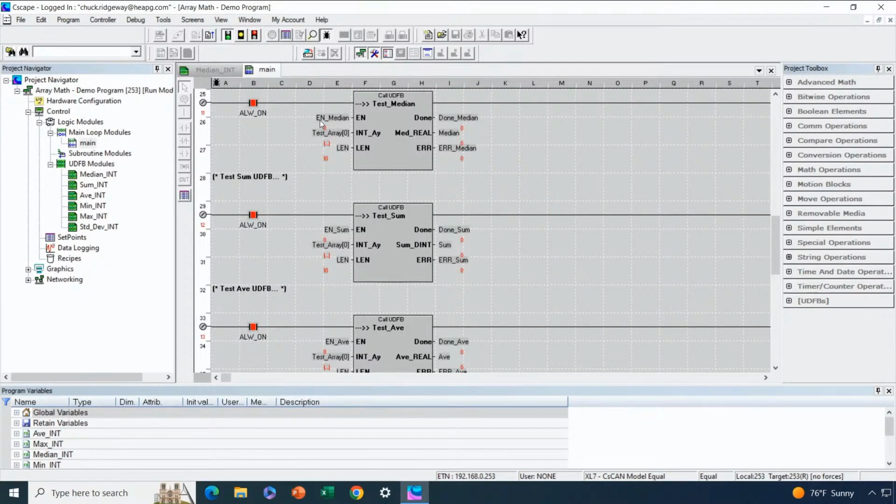In other words, the enable input will determine whether they're operating at any given time, but they should always have power to operate as expected. Now, one thing I'm also going to show you quickly is how do you actually import a UDFB for use